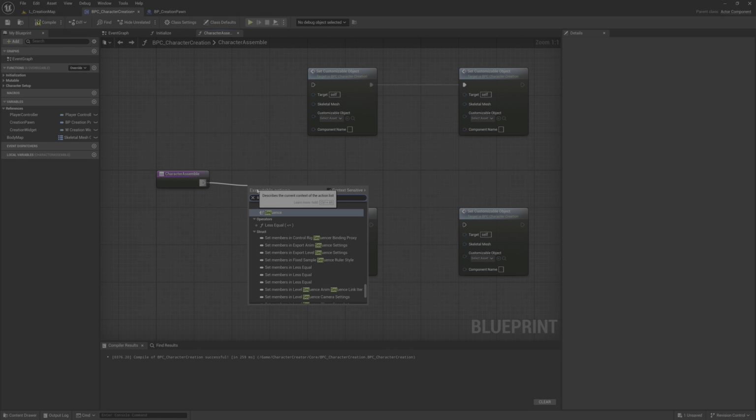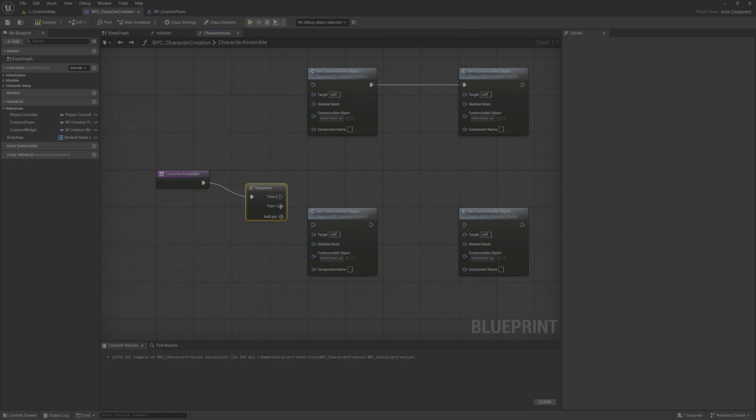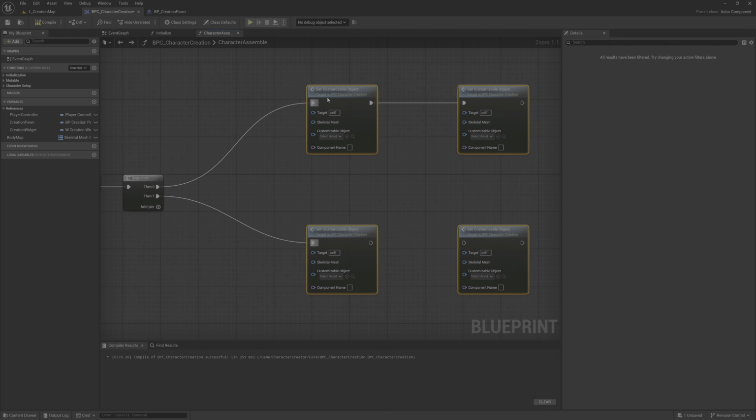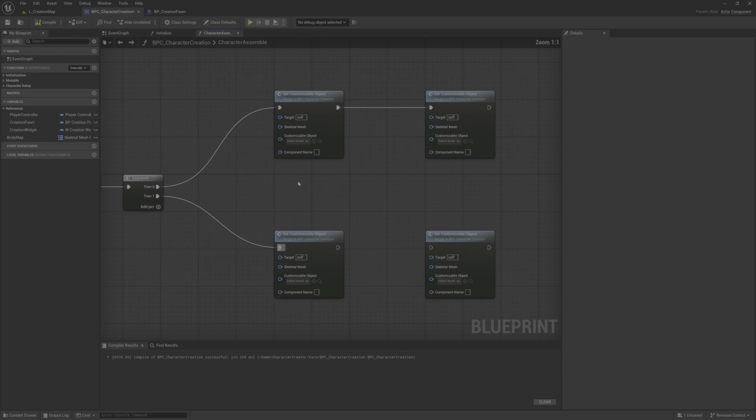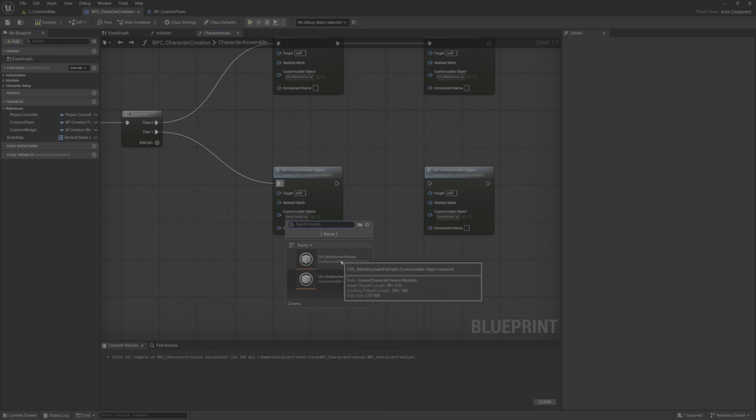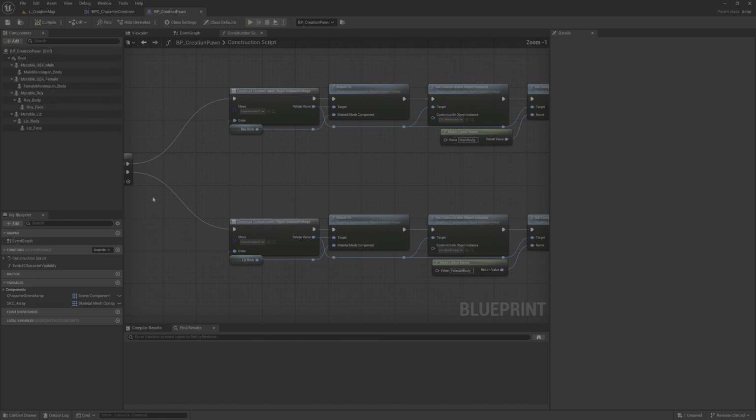I will make a sequence there. On top is MetaHuman male and MetaHuman male, and below MetaHuman female and MetaHuman female. As you can see, the same as here.